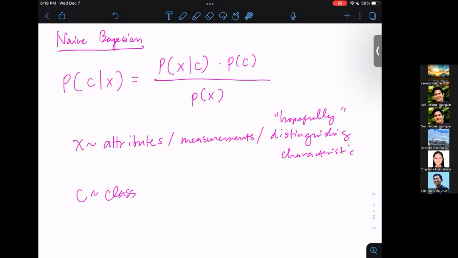Because for example, in our earlier example of iris flowers, we have two attributes, right? The attributes are petal width and petal length, and then we have three classes: versicolor, virginica, and setosa. So you will compute the probability that the specimen that you have, having attribute X, where X is a vector consisting of the petal length and the petal width, will belong to classification setosa. You compute that probability, set it aside. Then compute the probability that the specimen will belong to virginica provided it has the observed measurements. Set it aside and compute the corresponding probability for the last one, virginica or versicolor, whichever remains. And then now, they compete on conditional probability. Alright? Now,